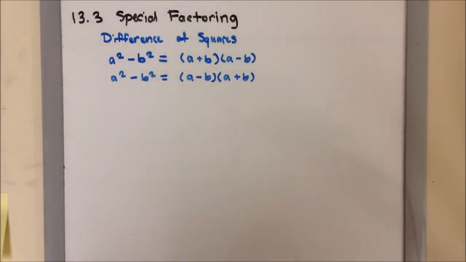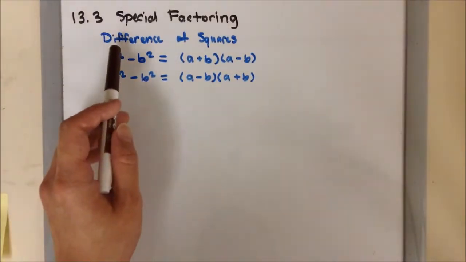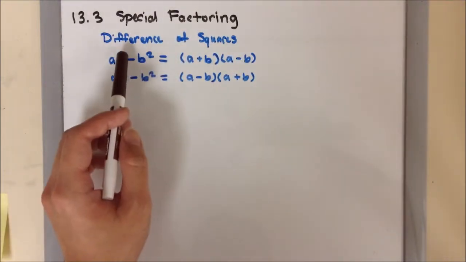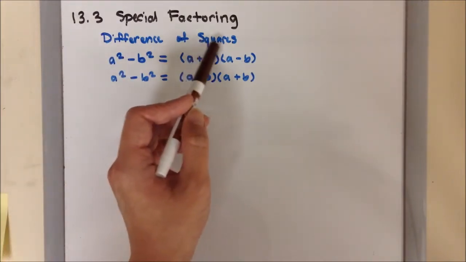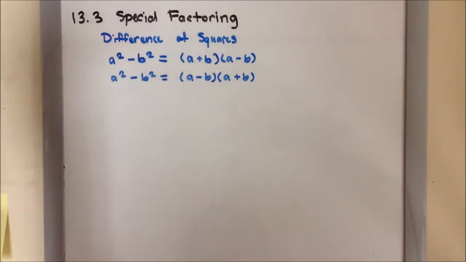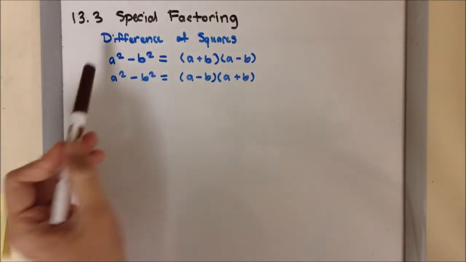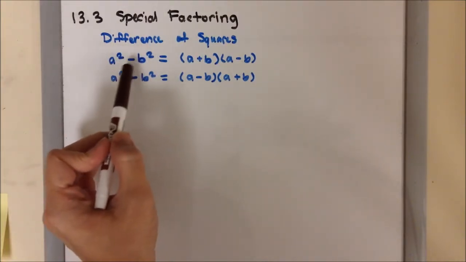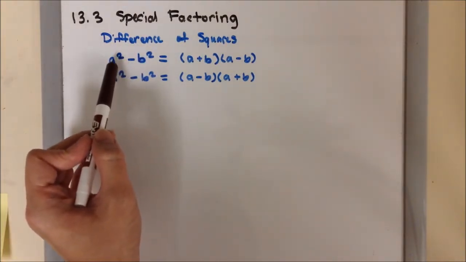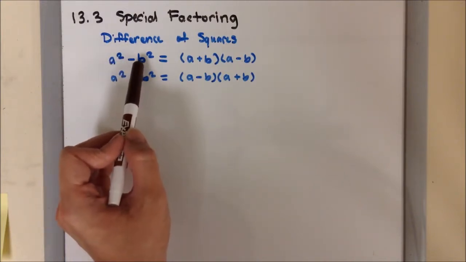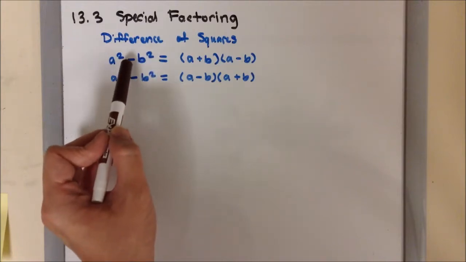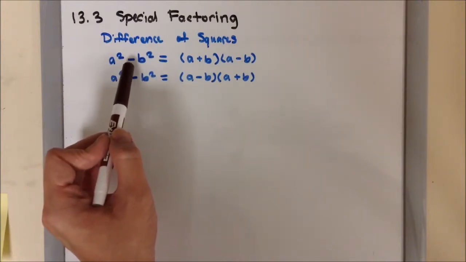So in this next part of special factoring, we're going to talk about difference of squares. Difference implies the subtraction or the minus operation, and the square meaning the perfect square, so a squared and b squared. So whenever you come across a problem where you have to factor, and it's in the form of two perfect squares with a minus in the middle, so if you do notice that you have a perfect square, like the a squared, and then another one, like the b squared, with the minus in the middle,